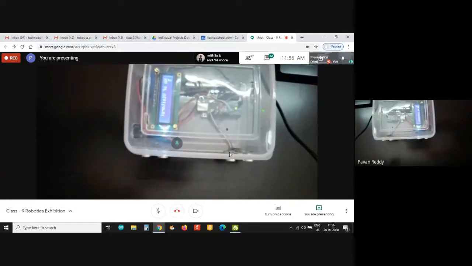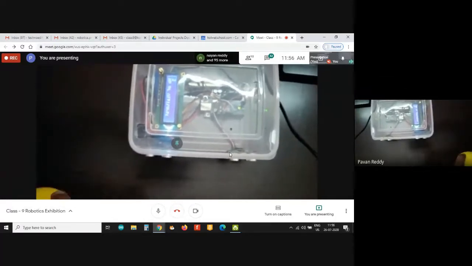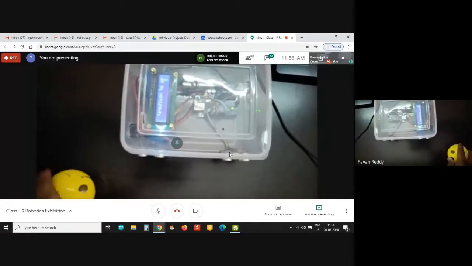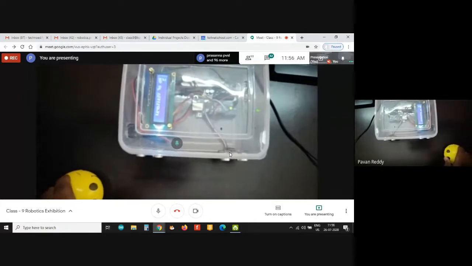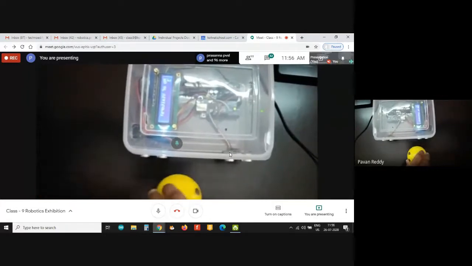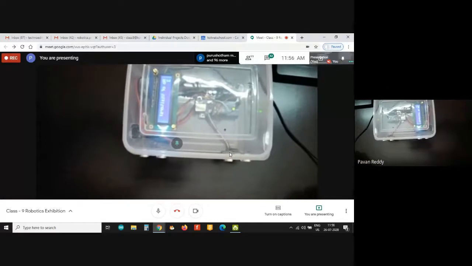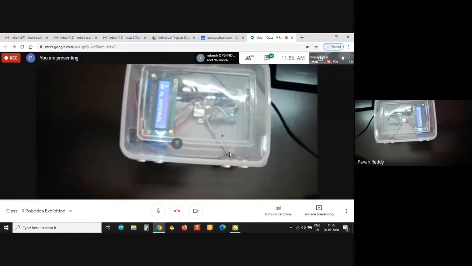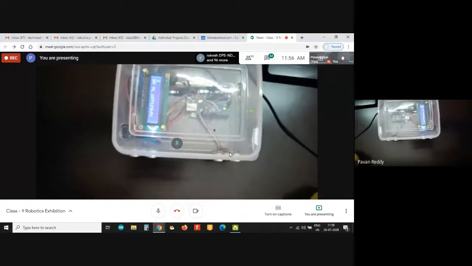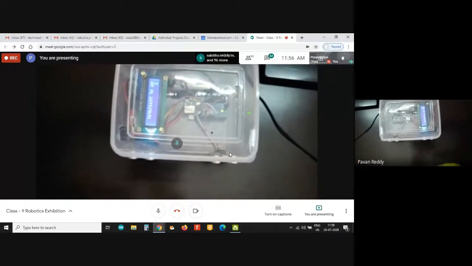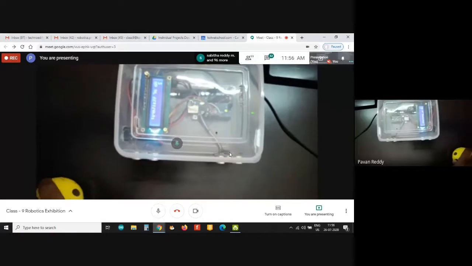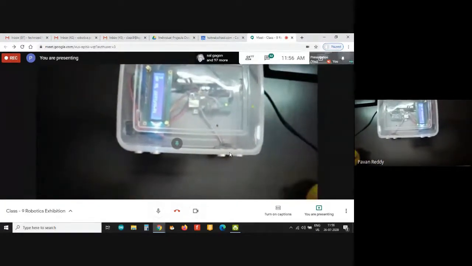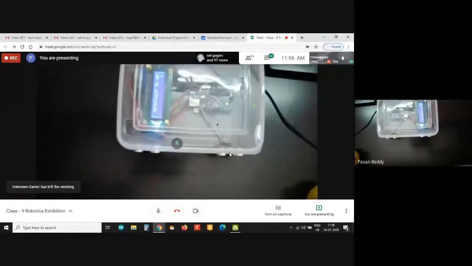Let us say one person is coming out of the mall. The same person who has already gone inside is now exiting. Once he exits, you see the number of visitors decreased by 1. Now the number of visitors inside the mall is only 2. Let us say one more person exits the mall. Yes, the count has decreased to 1 now.